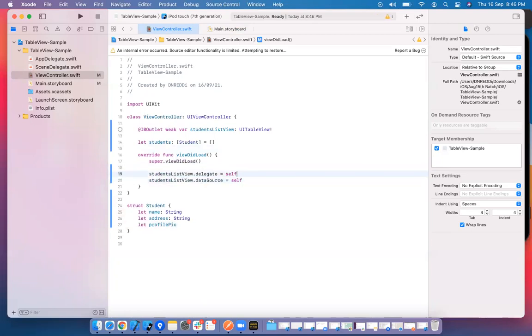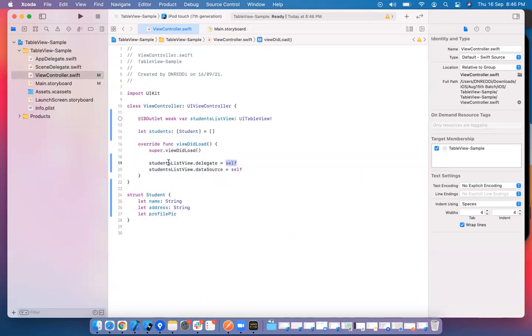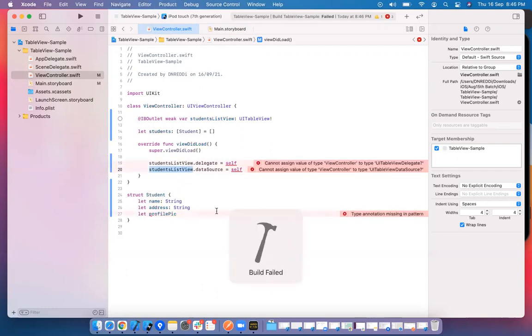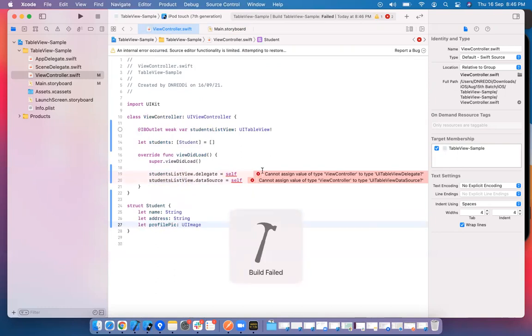It is giving an error, saying that you said you are the responsible person for implementing the UITableViewDelegate and UITableViewDataSource methods, but we have not implemented them. That is the error here. Cannot assign a value of type view controller to type UITableViewDelegate.